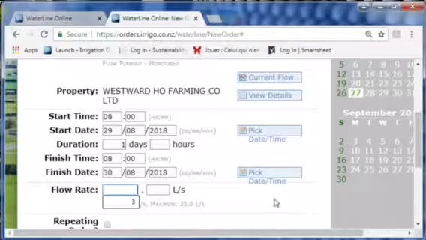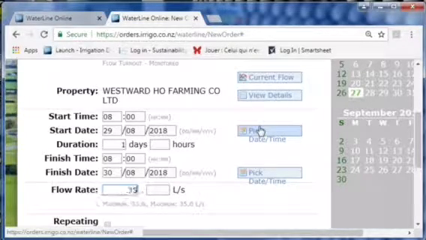Now we have to put in the flow rate. You will notice below the flow rate boxes, it gives you a minimum and a maximum flow rate. So the minimum is always 0. The maximum will vary depending on the offtake. This one's 35.0. For the most part, you can just put in that maximum flow rate,